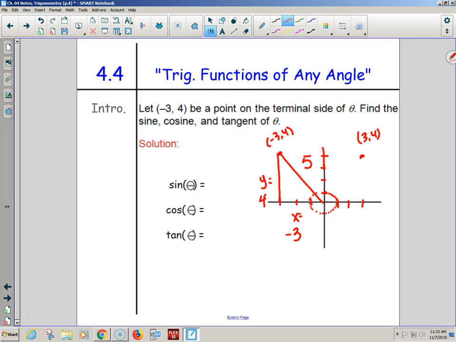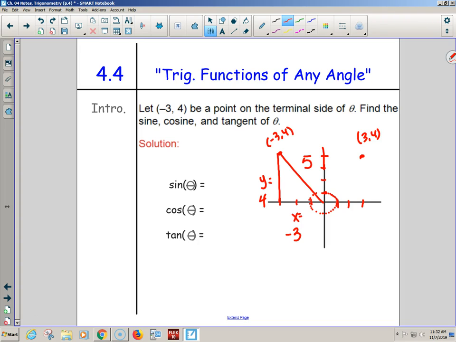So I could technically divide everybody by 5, and as I'm dividing by 5, I'm shrinking my triangle to come back down and be a length of, instead of going out 5, to only go out 1. So that's one way. You could shrink it to be inside the unit circle. Or you could just say, wait a minute, before we ever learned the unit circle, didn't you guys learn SOHCAHTOA in geometry? You don't always have to make the triangles fit in the unit circle.